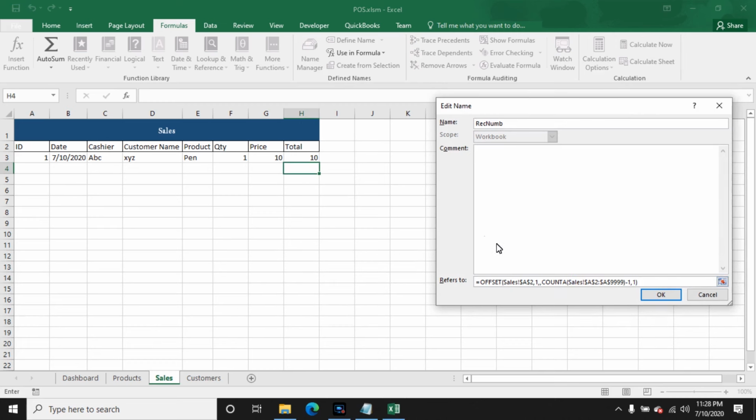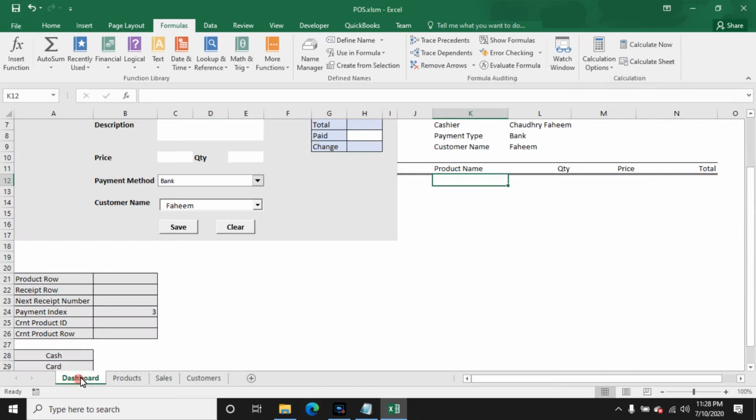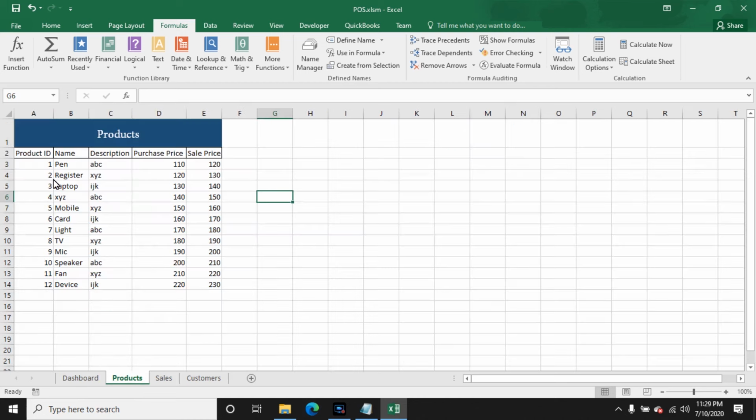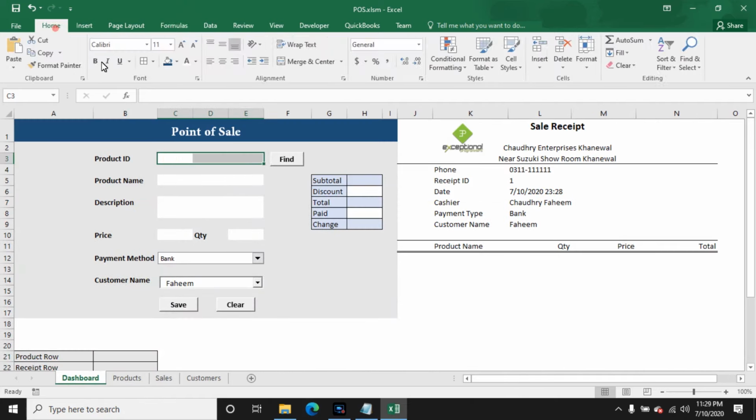So all is well, and for that, okay, so go to dashboard, and for example if I write here merge the cells, also merge, save it. For example if I write here 1, and